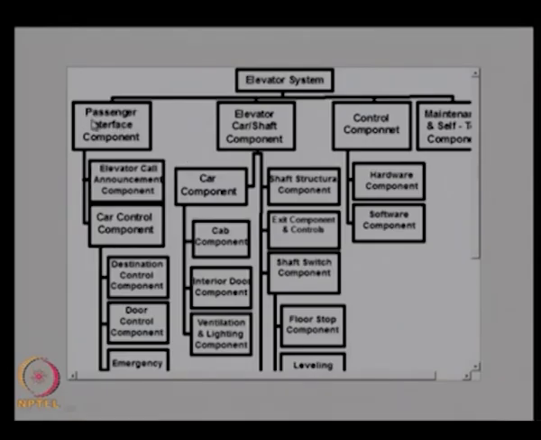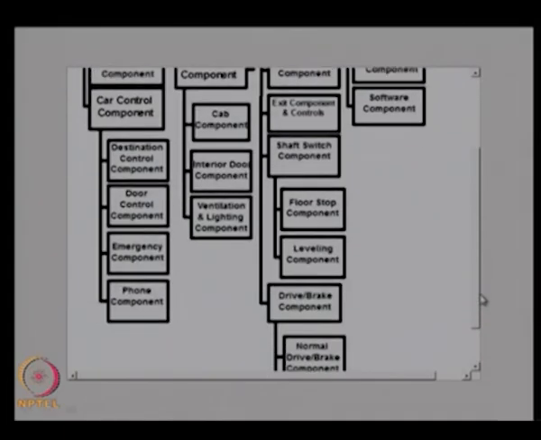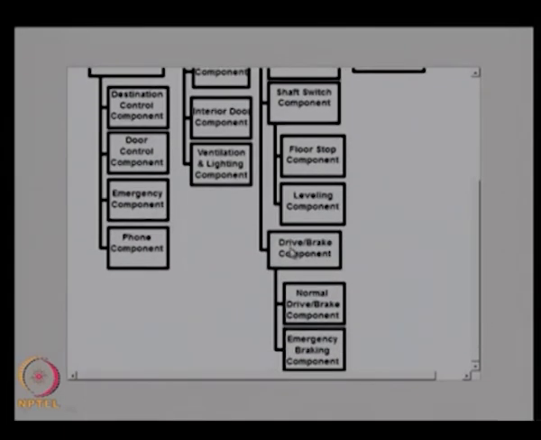In the same way, we can divide this component or assembly into sub components like elevator call announcement component, car control component, destination control, door control, and emergency control. Then the car component, which is a cab component, interior door component, ventilation and lighting component. Shaft structure components, exit component controls, shaft switch component, floor stop component, leveling component, drive brake. Then here itself you can again decompose into normal drive, emergency braking, like this. So, what we are trying to do here is